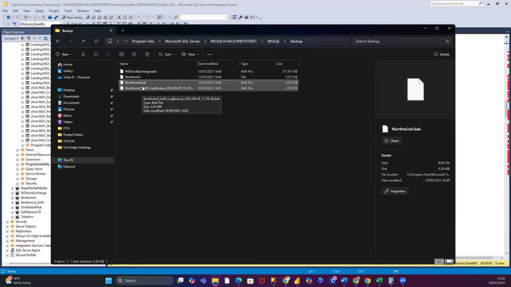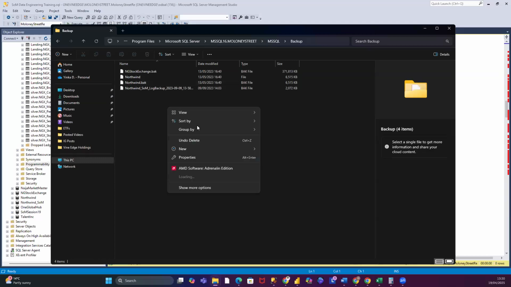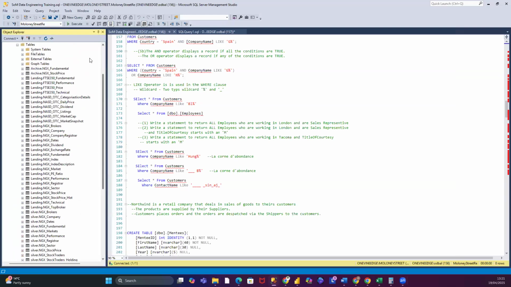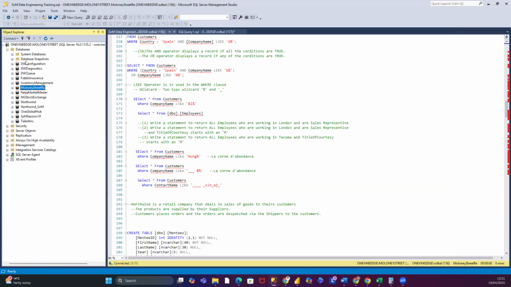Say, for example, let's do a restore. What I would now do is paste that copy which I've taken. Right click and paste, or you can do Control V to paste. Now I have my backup file here, and I'm going to step out of here. What I will do next is come to my SSMS, and you can see here it says Restore Database. I click on Restore Database,